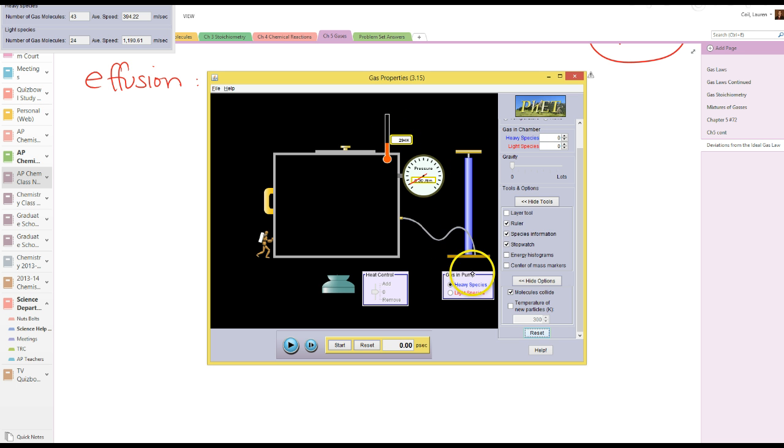This pump will add gases. We have a heavy species and a light species. And I've got a lid that I can open and close on this simulation. So I'm going to start out with it closed. I'm going to add in 100